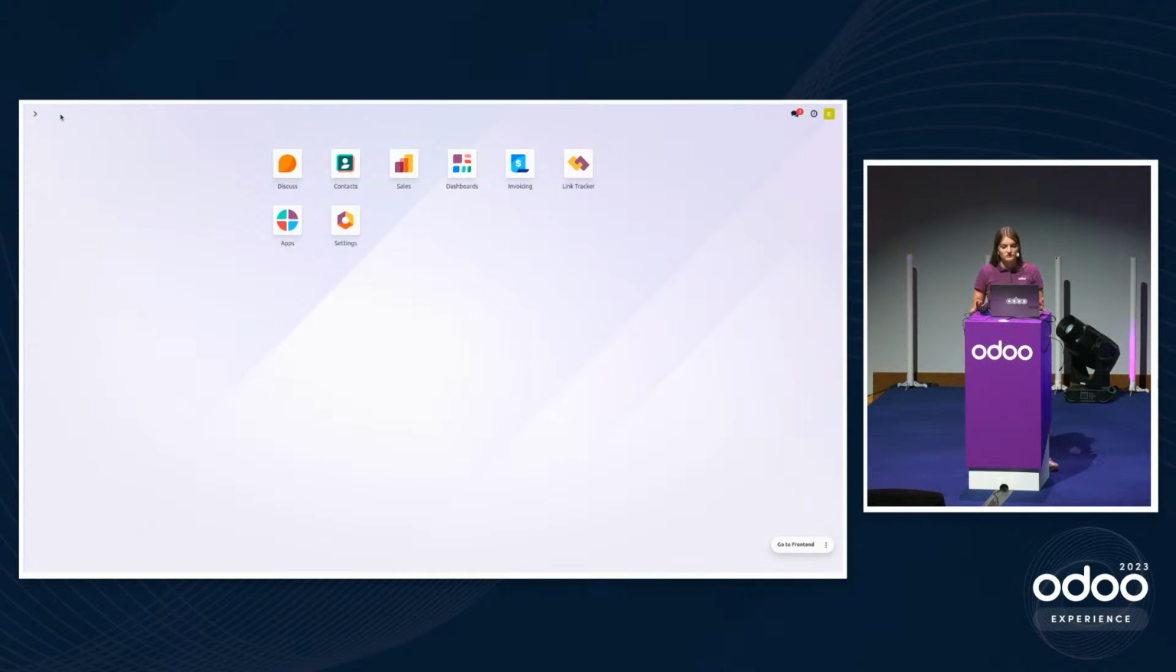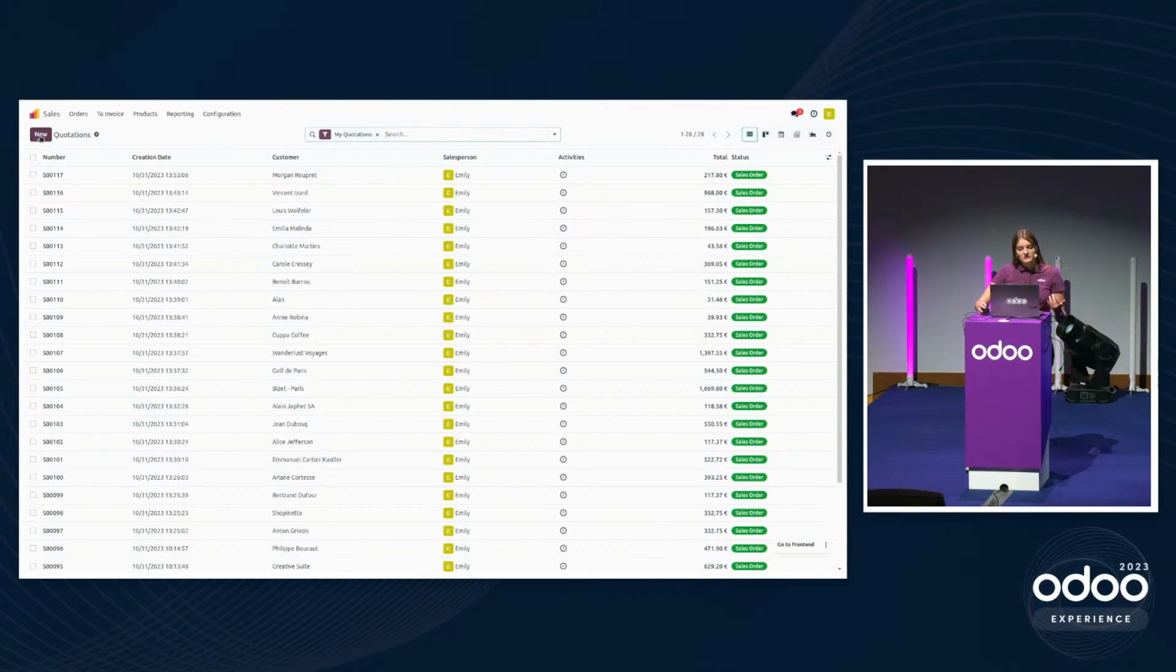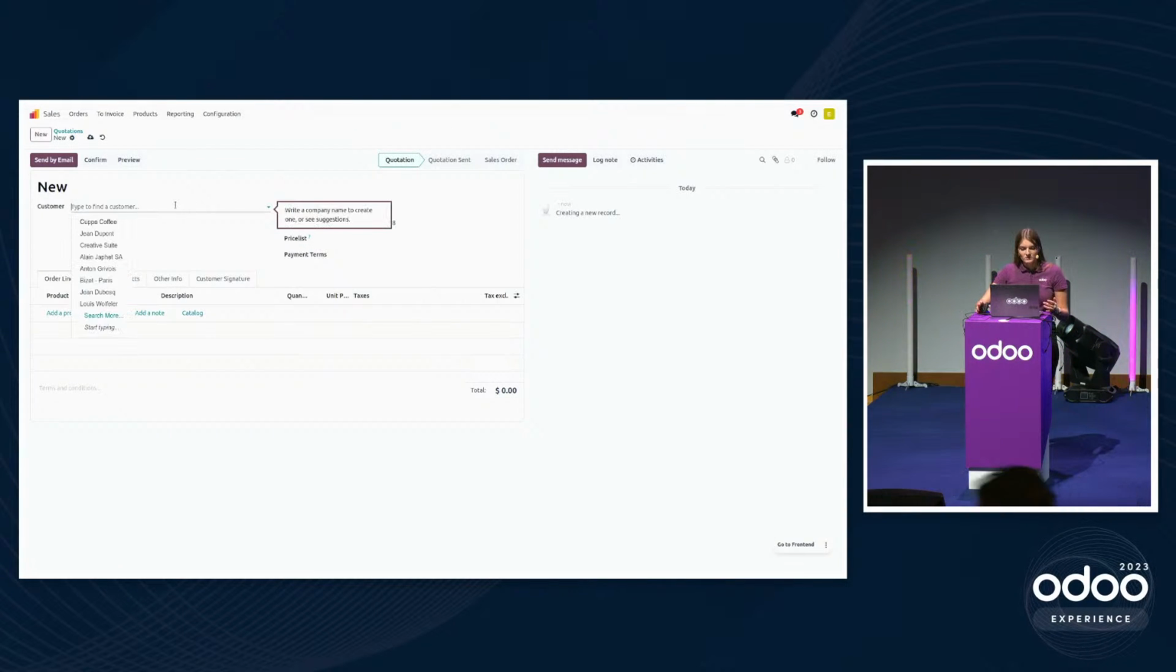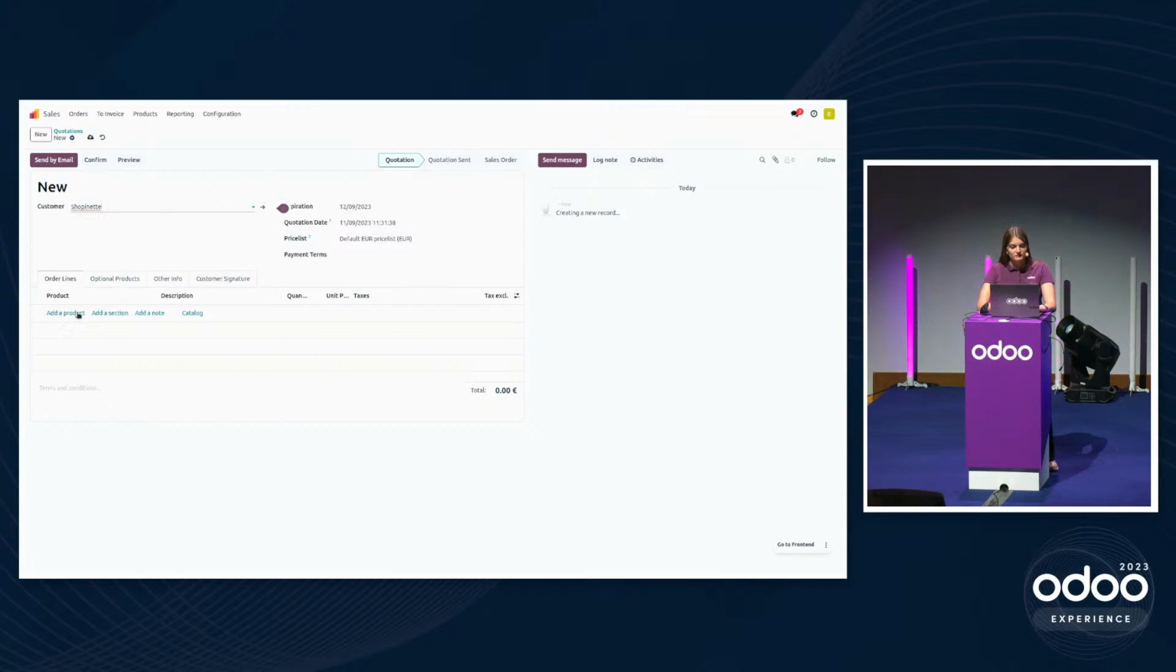Every time she has a new sale, she goes in the sales application and creates a new quotation. Today, Shopinet, a small local shop in her village, called because they are willing to order a replenishment of some products they are selling in their shop. They are willing to buy smashed potatoes, meatballs,